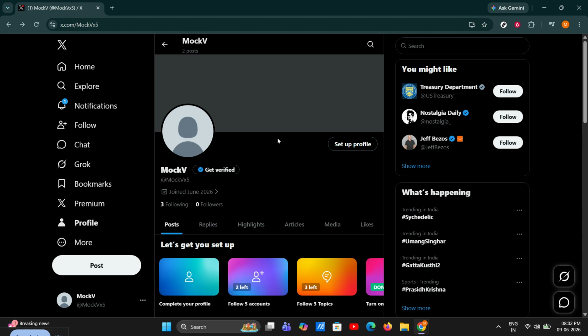In some cases, this can happen within a few hours. In other cases, it may take a few days, so don't panic if you don't see it right away. Just give the system some time to process the verification, and that's it. That is how you verify your account on X using Twitter Blue, now known as X Premium, on a PC. The process is really about meeting the requirements, subscribing to the correct plan, completing payment, and then waiting for the